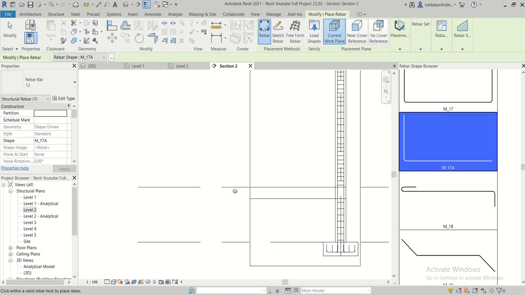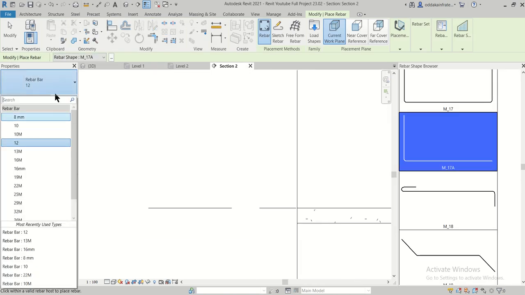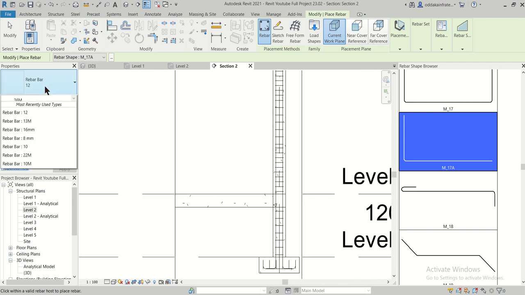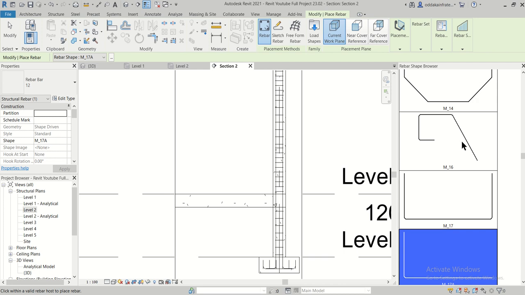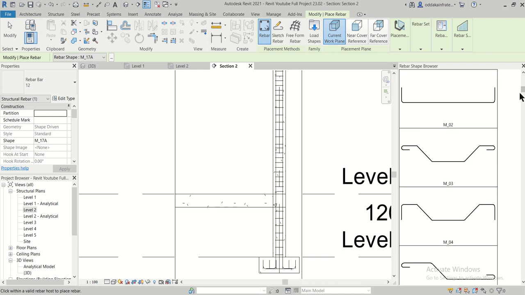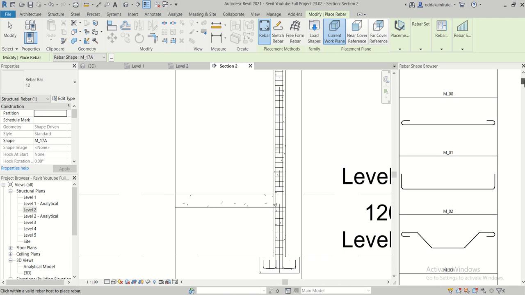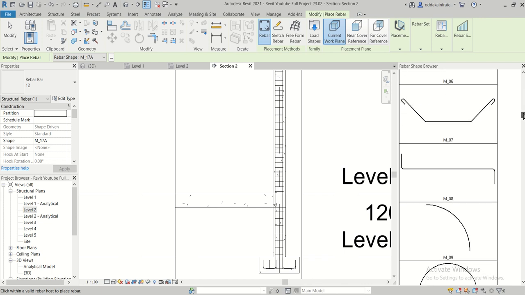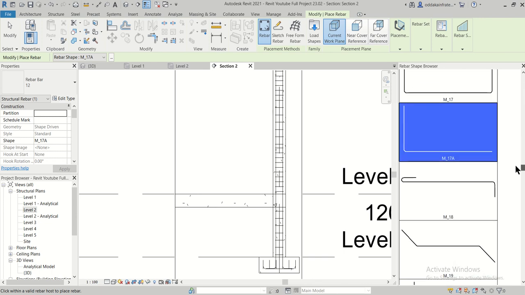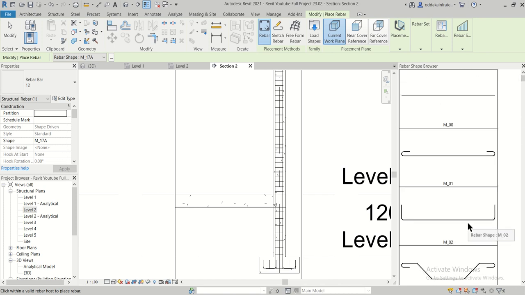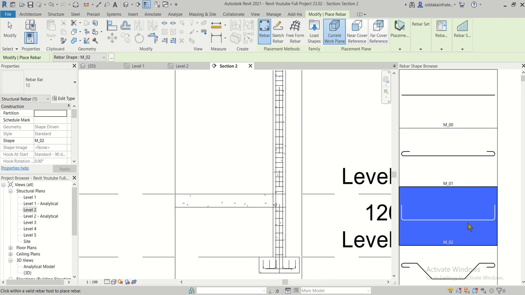So we are selecting a 12 here, and we have a 10 mm here also, so we'll use that. And we have an 8 mm here as well. So first of all, we'll go for the longitudinal bars, and if you are finding the shape of the bar here, it's good. Otherwise we can always go for the sketch bars. So this bar shape can be used for the bottom bars, and let's see any bars which can be used for the top bars as well. So there are no such shapes. So what we can do, we can just select this shape, and we can just place it.